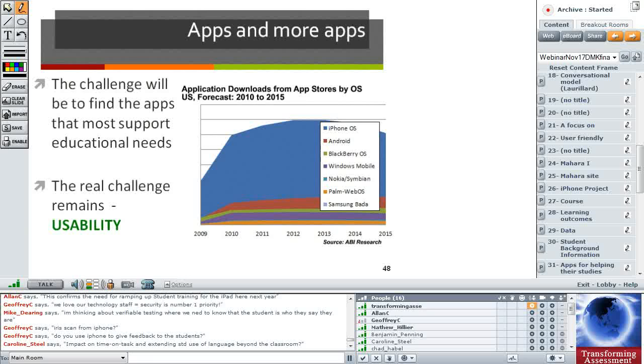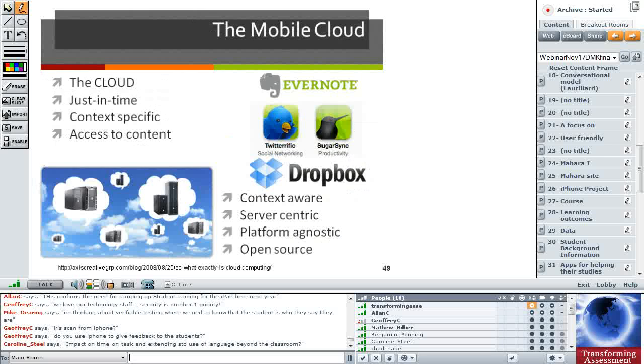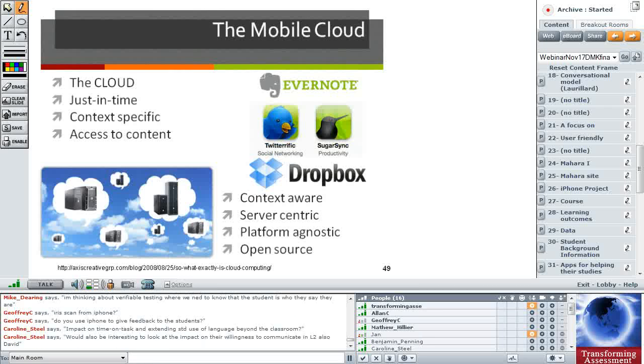And we're going to go back and look at that and see if we can detect any better levels of learning outcomes. But we're being sensitive to the fact that it's a different group of students. One of the things that's proved incredibly useful to us is the use of the mobile cloud, particularly Twitter and Dropbox for distributing information. The one we haven't used very much is the context-aware stuff. But the just-in-time access to content just when they need it has proved quite successful.